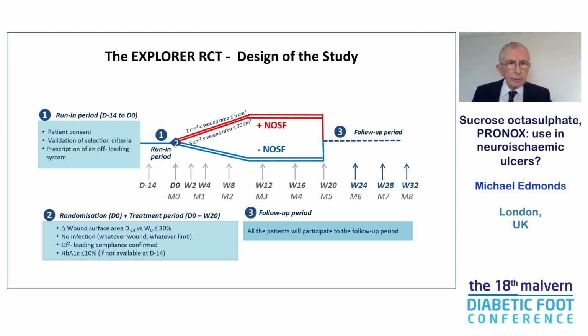This is the design of the study. There was a run-in period of 2 weeks. At the beginning of this, an offloading system was prescribed. At randomization, it was made sure that the wound surface area had not decreased by more than 30%. There was no infection. Offloading compliance was established, and the hemoglobin A1C was less than 10%. So at randomization,